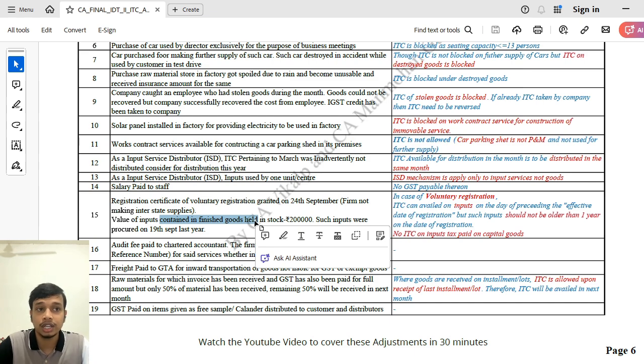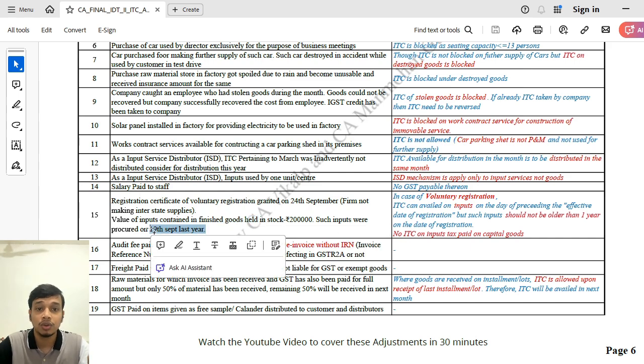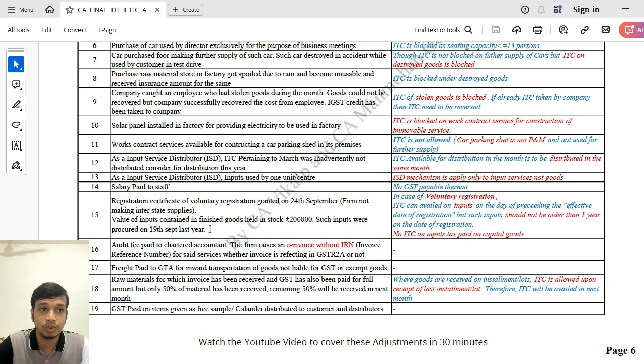As you read, in case of voluntary registration, जो भी हमारे पास goods होते हैं वो लास्ट डे ऑफ रजिस्ट्रेशन, लाइक 24 सितंबर को रजिस्ट्रेशन हुआ है, तो 23 से 1 ईयर बैक तक के जितने भी गुड्स हमने परचेज करे उन पे हम आईटीसी ले सकते हैं. As in such case, 19th September last year, which is far more than 23rd September, so ITC is not available